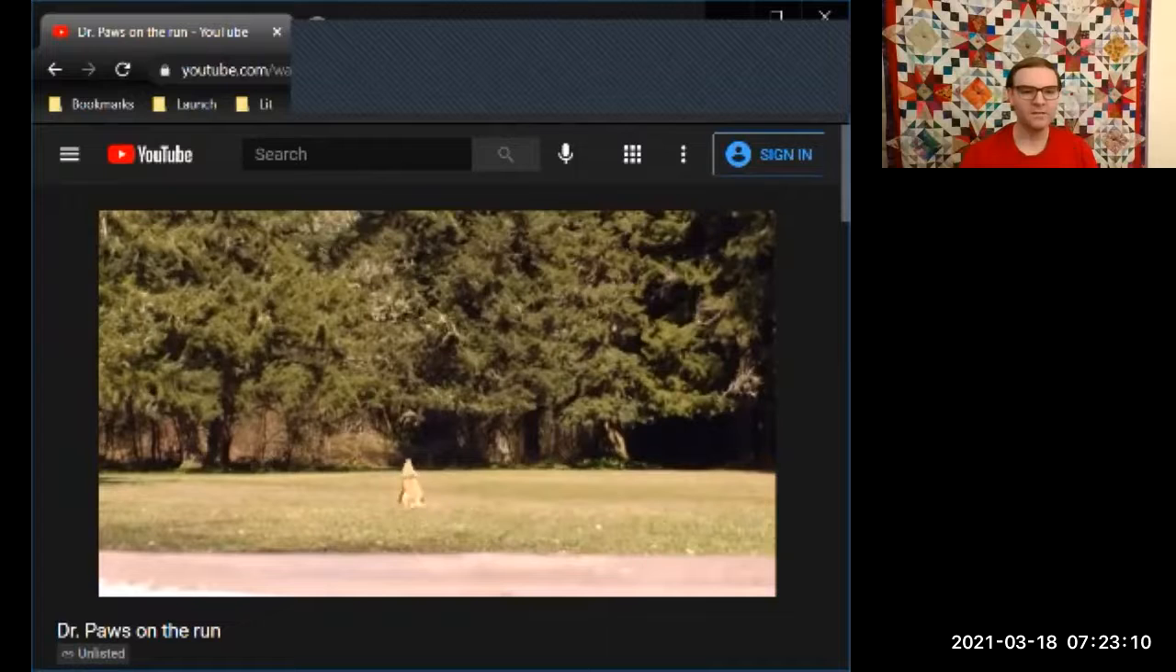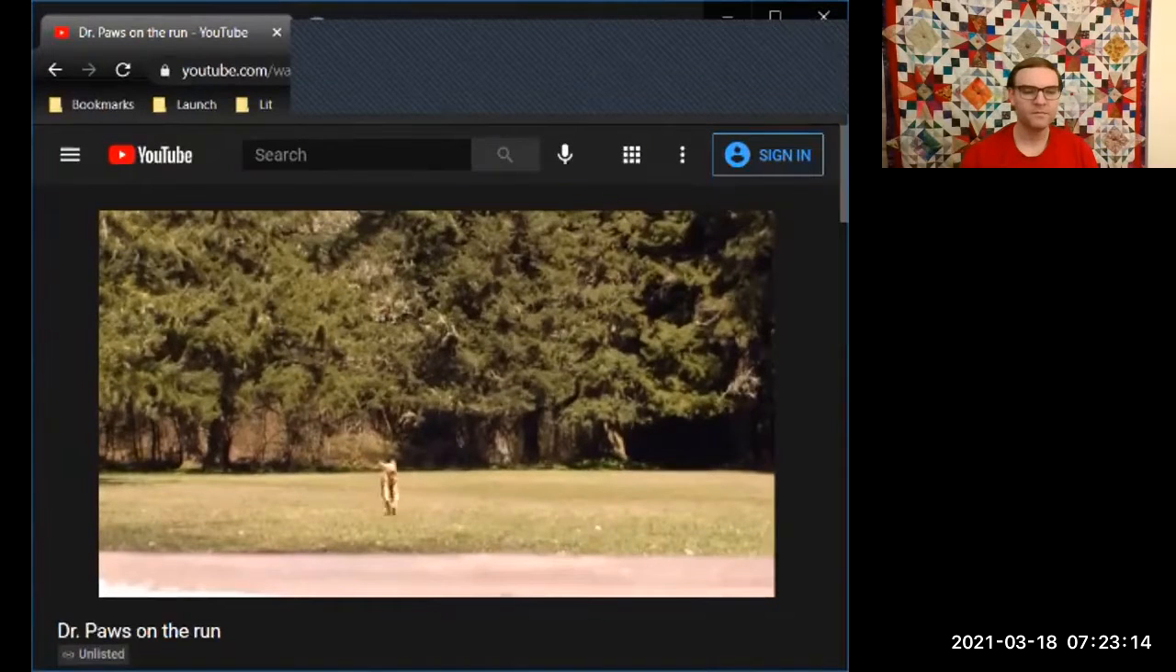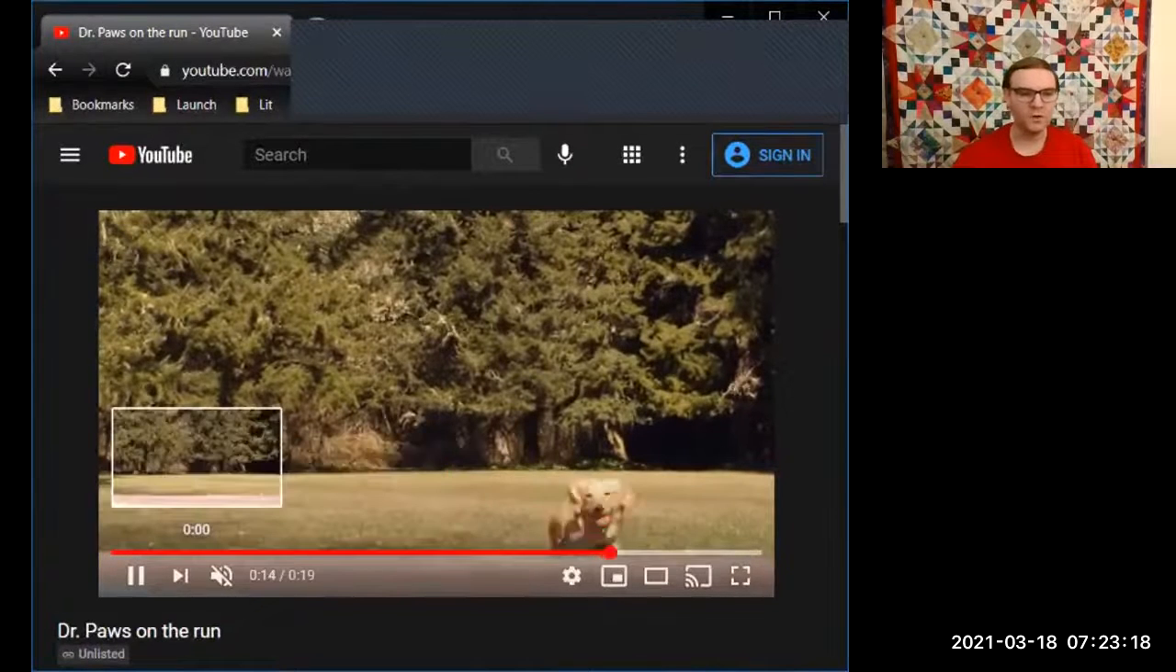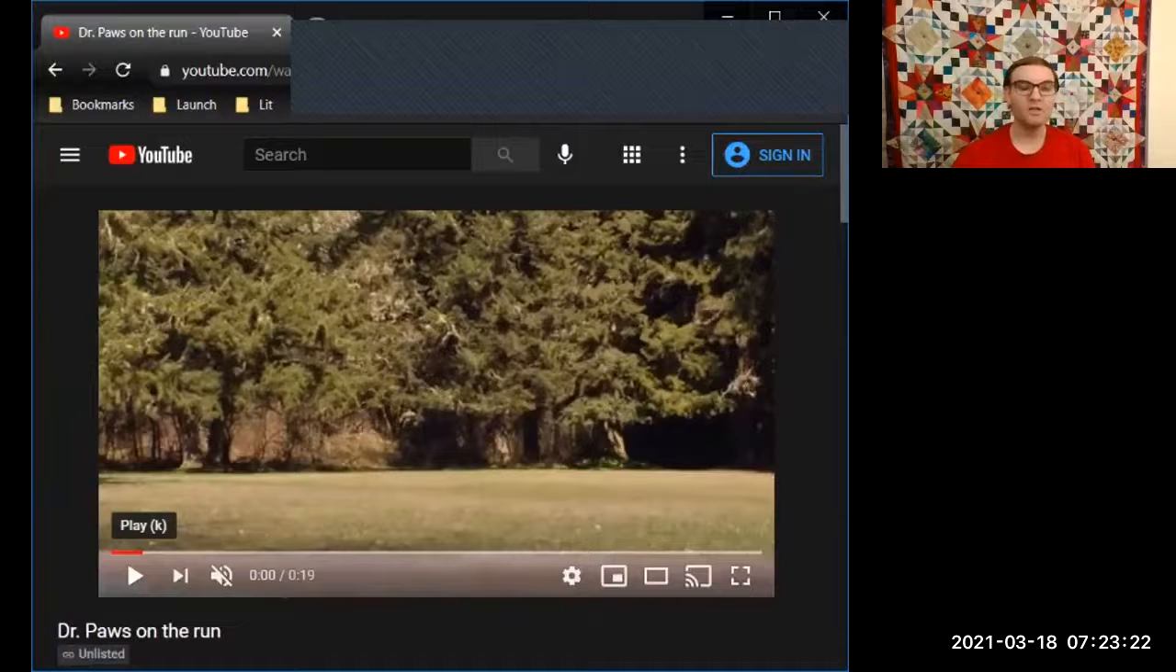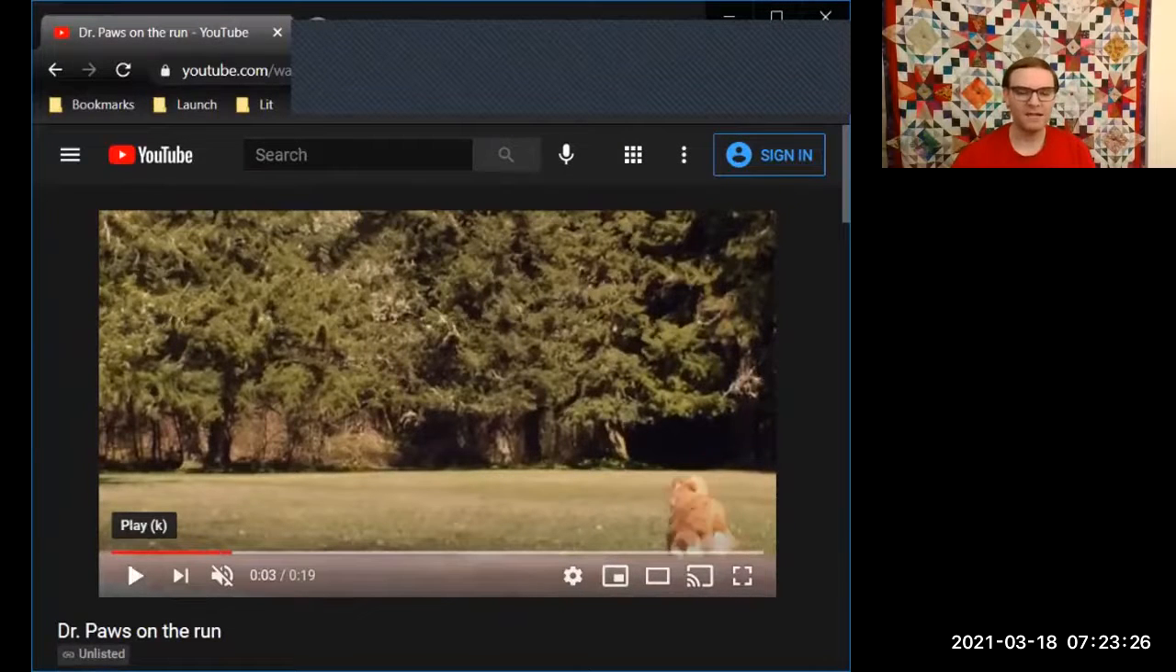There she is, going after the ball. And you can watch this video on your own if you want to. We're going to go ahead and restart it. And what we're going to do is try to draw what's called a motion diagram for Dr. Paws. So we're going to try to analyze how she is moving by making a picture, a graphical representation of